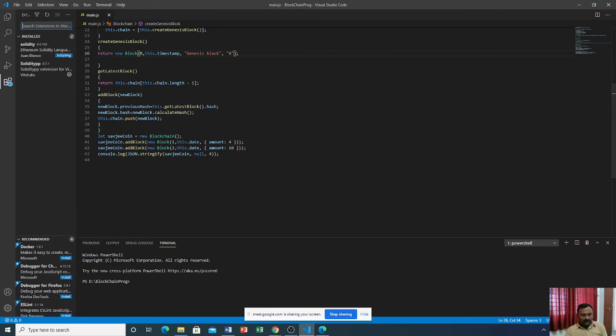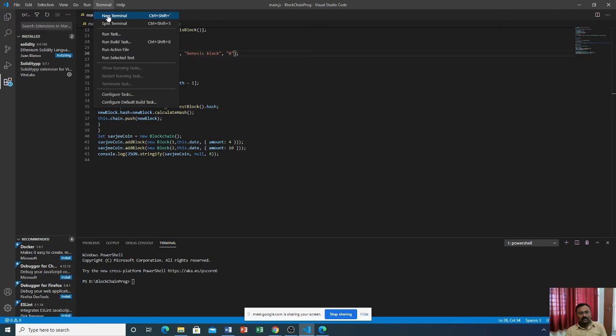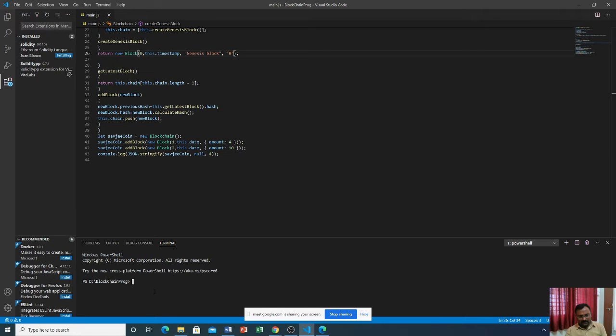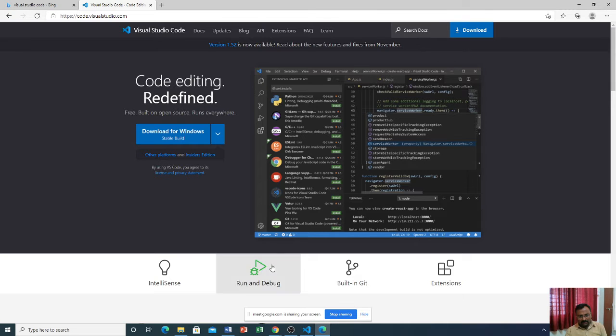Open the terminal like this. You can open the terminal here, or click on this new terminal, open it, and the command is here.